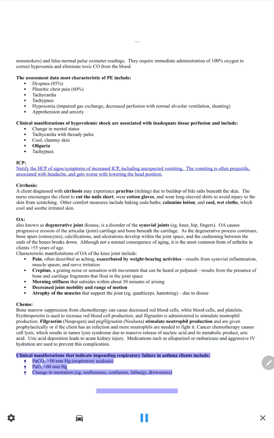Clinical manifestations that indicate impending respiratory failure in asthma clients include PaCO2 greater than 50 mm Hg, respiratory acidosis, PaO2 less than 60 mm Hg, change in mentation, e.g., restlessness, confusion, lethargy, drowsiness,